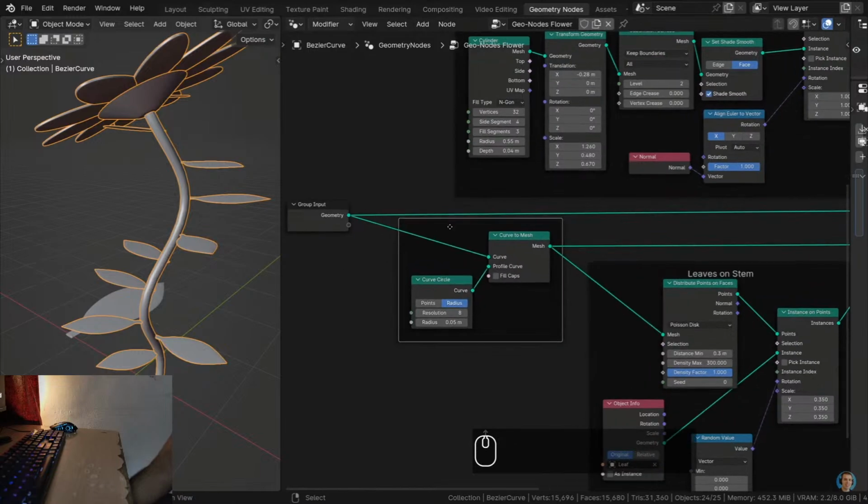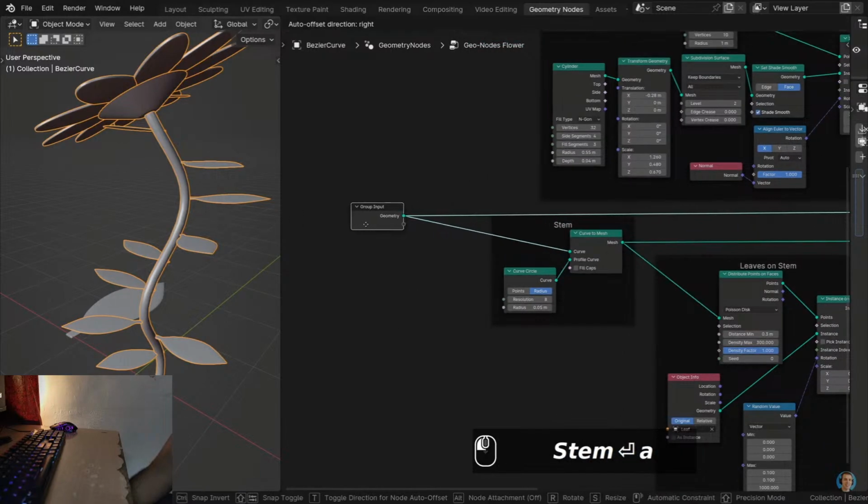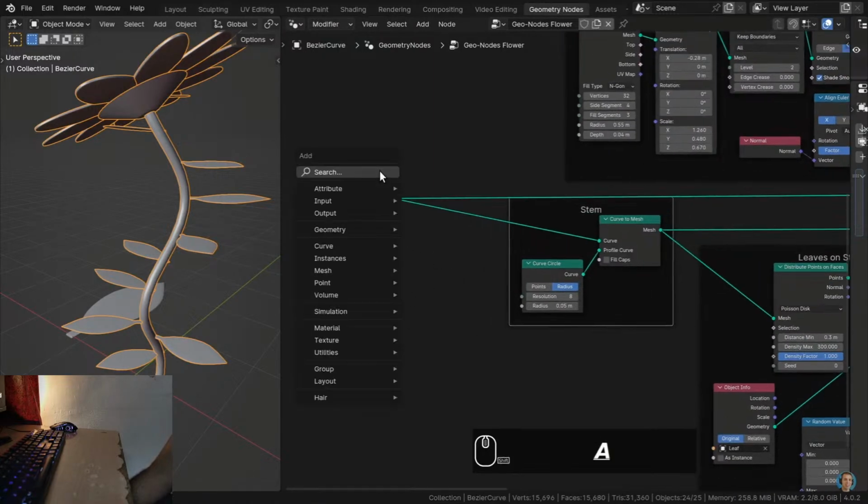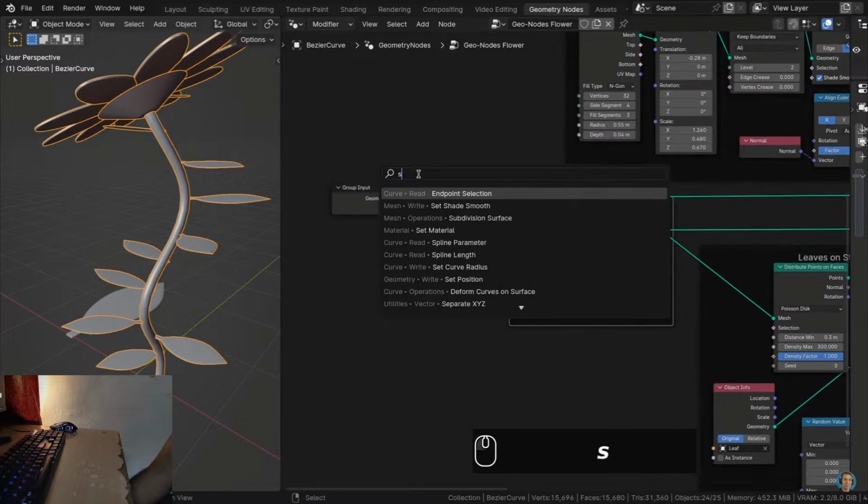And if I press F2 to add a label, I want to rename this stem because these are the nodes which make the stem thick. So then right over here, before the stem nodes, I want to add some other nodes here which are going to control the thickness. So I'll go to the add menu and we'll go here to the search, and I'm going to search for the set curve